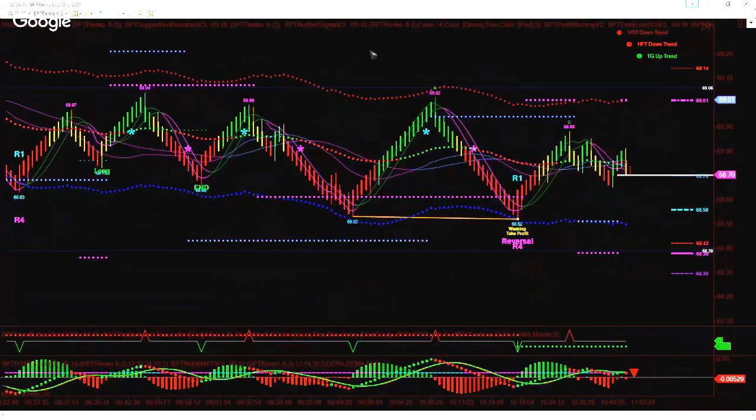Those 10 basic indicators from the early 90s until today have been tweaked and retweaked and retweaked, but the basics are still